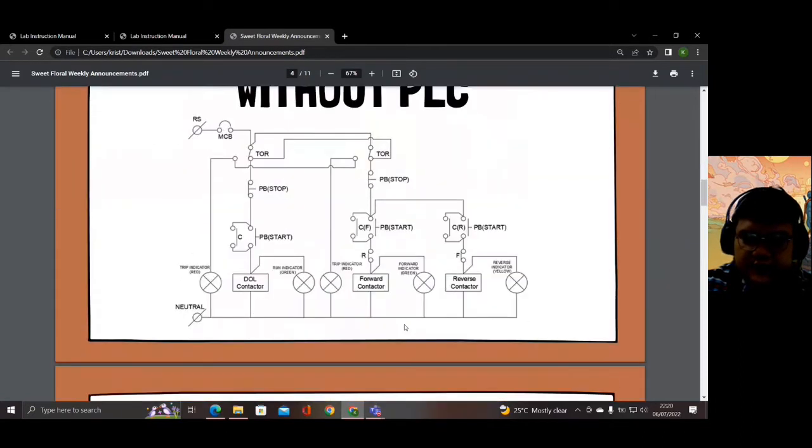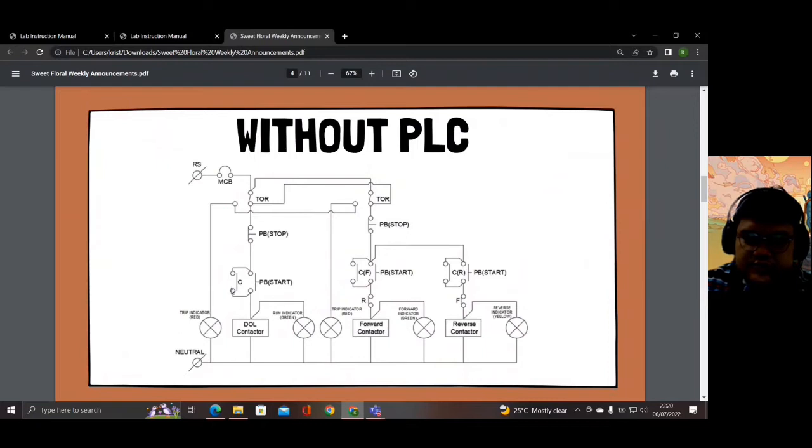Okay, so this is our schematic diagram for without PLC. The schematic is what we already did in the electrical power lab. It is a combination of the direct online starter as well as the forward reverse starter. So here from the power circuit, we go to the miniature circuit breaker and then to the TOR. At the TOR is where we loop the circuit together to make it into one. As you can see here, the TOR, and then here is already the forward reverse, and this maintains the DOL. So everything is the same. We just loop the TOR, similar to